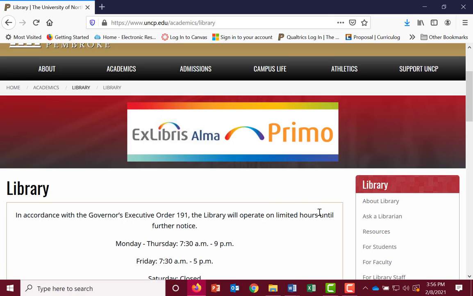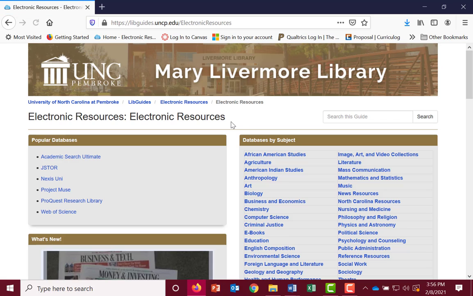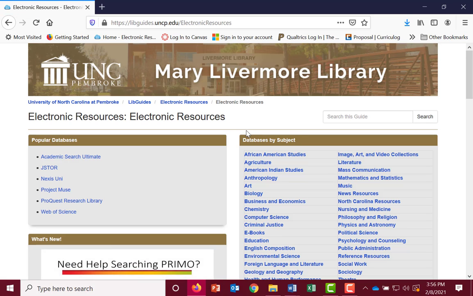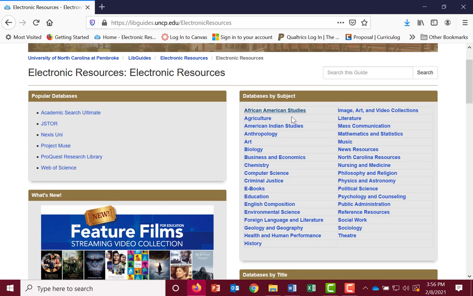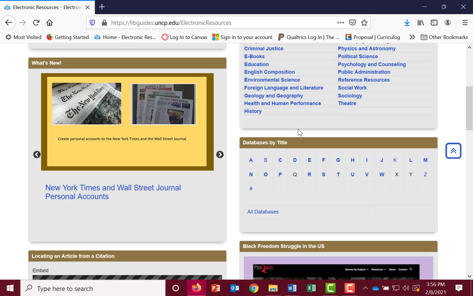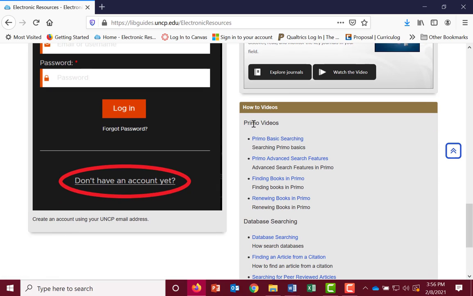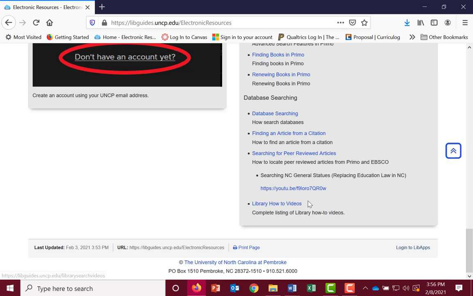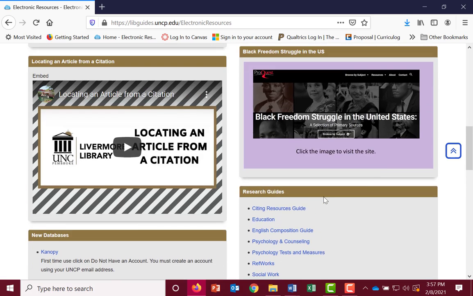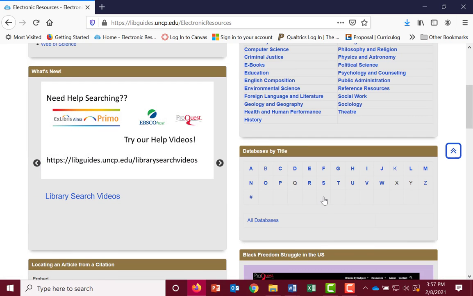And if you come to this page, simply UNCP Library homepage, click Resources, then click Databases, and you're brought here to this database electronic resources page. We have our resources grouped by subject and by title. Also on this page, there are the other help videos if you're curious about some of this stuff. And you can use this link to view all the videos. I don't know if I will post the ones for this class because they are specific, but those listed there